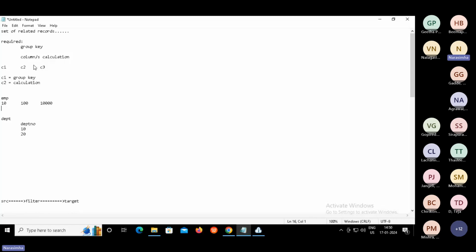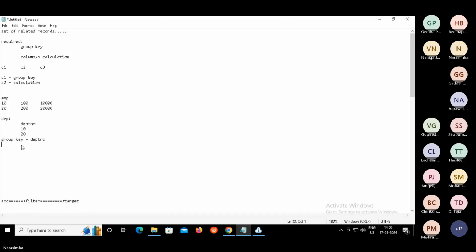And department number 20, employee ID 200, and salary, let us say 20,000. Now you tell me what will be the group key here? Department number, yes or no? Group key equals department number.